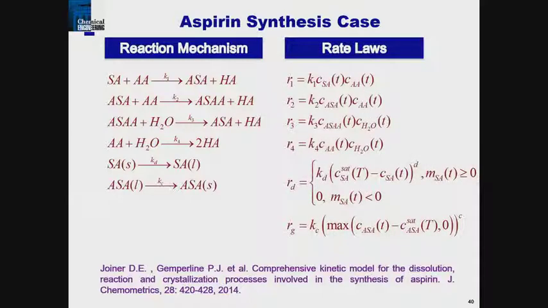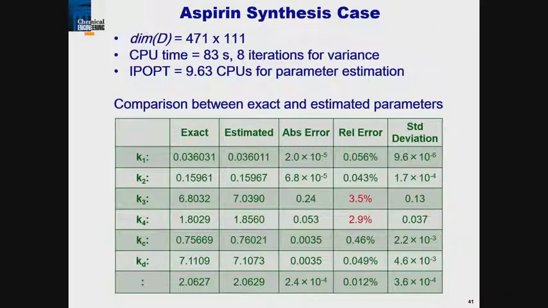The rate expressions are given here. And now, of course, what we have to do is get those parameters. And what we have here is spectra. The spectra matrix is over here. This is the size of that matrix. This doesn't take very long. First of all, getting around these loops is about 83 seconds, and IPOPT then solves the full problem in about 10 seconds.